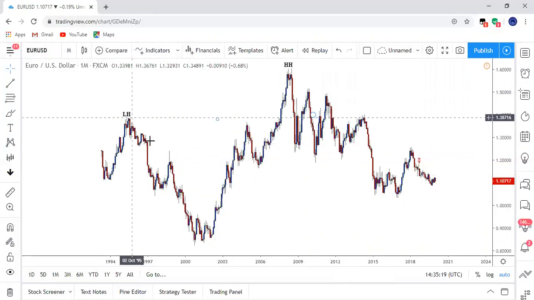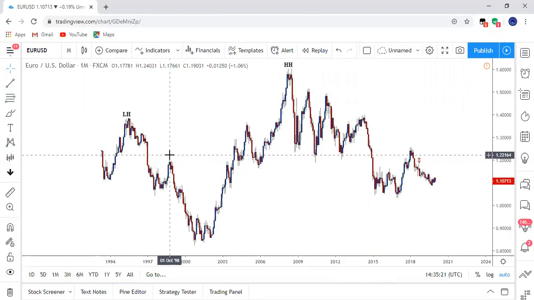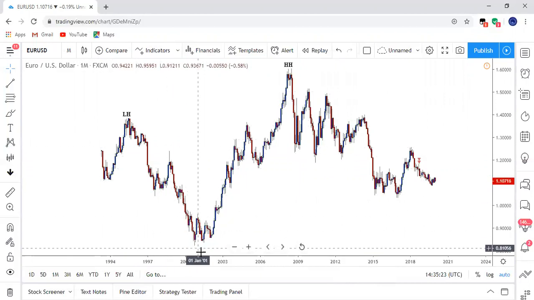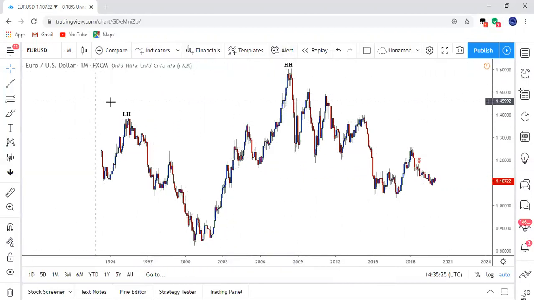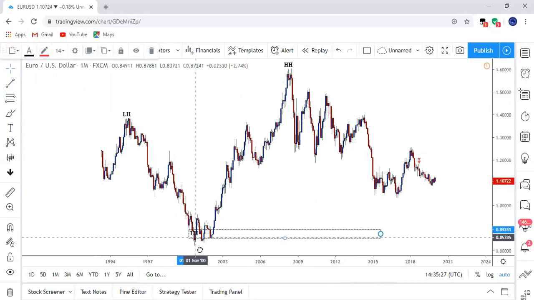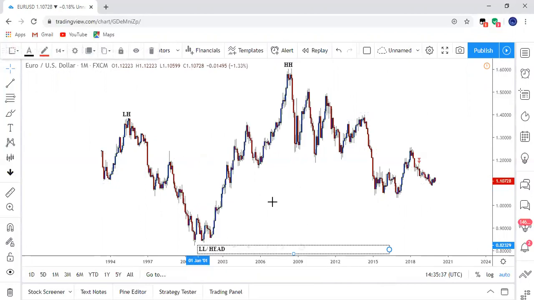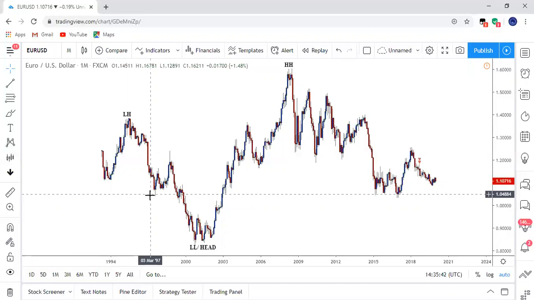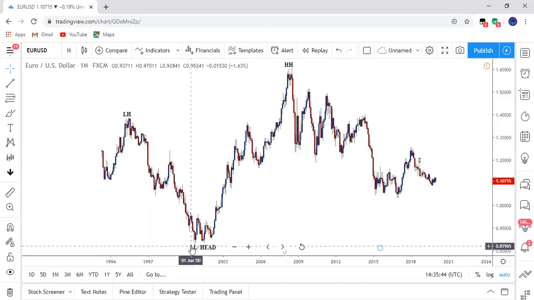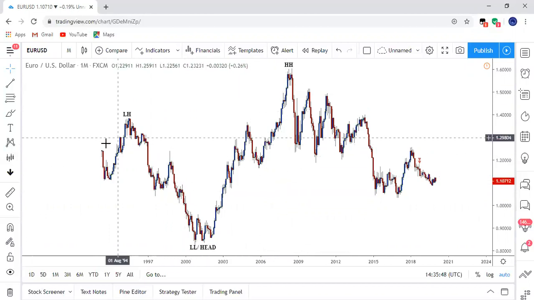Now, if we're going down, we have lower low, lower high, lower low, and after that the market still went up. So what do we have here? We have a lower low, or for somebody, this could be a head. If you're looking at it from a head and shoulders perspective, this is your head, right? Which is a demand zone. It's where the buyers should be coming into the market. And then